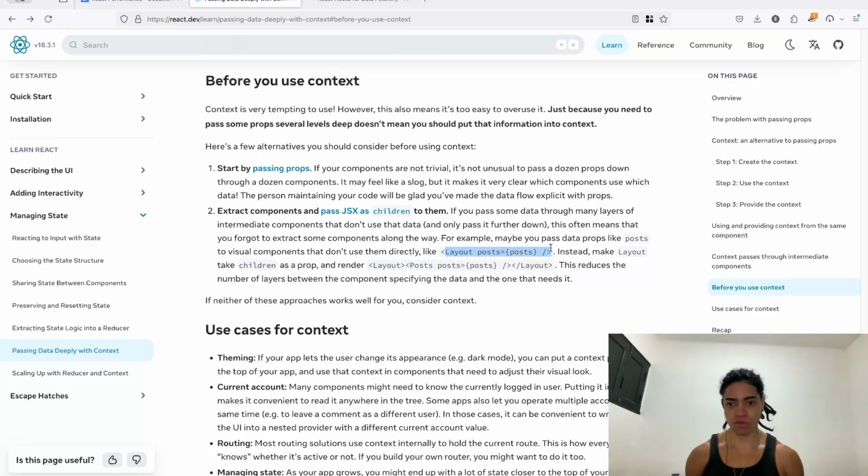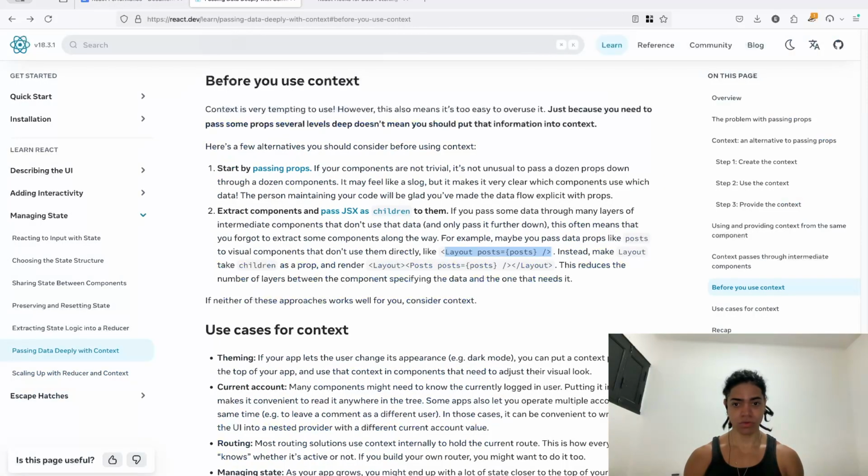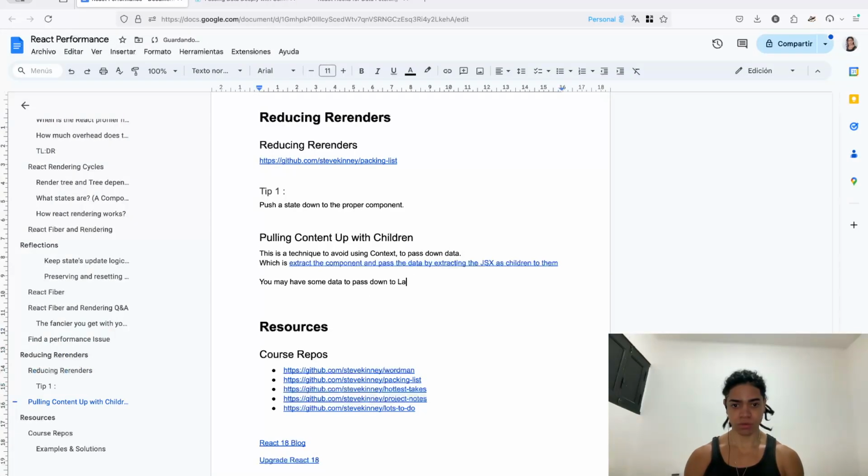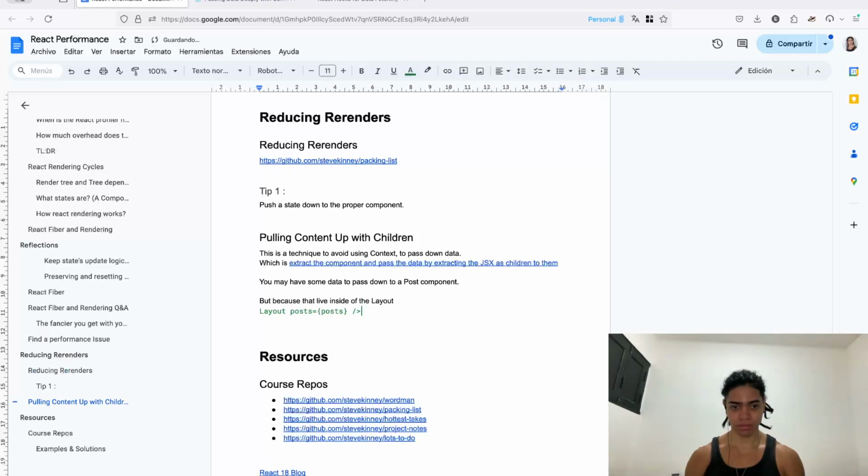First, you may want to pass some data to the layout component or to a post component. But because that lives inside of the layout like this,